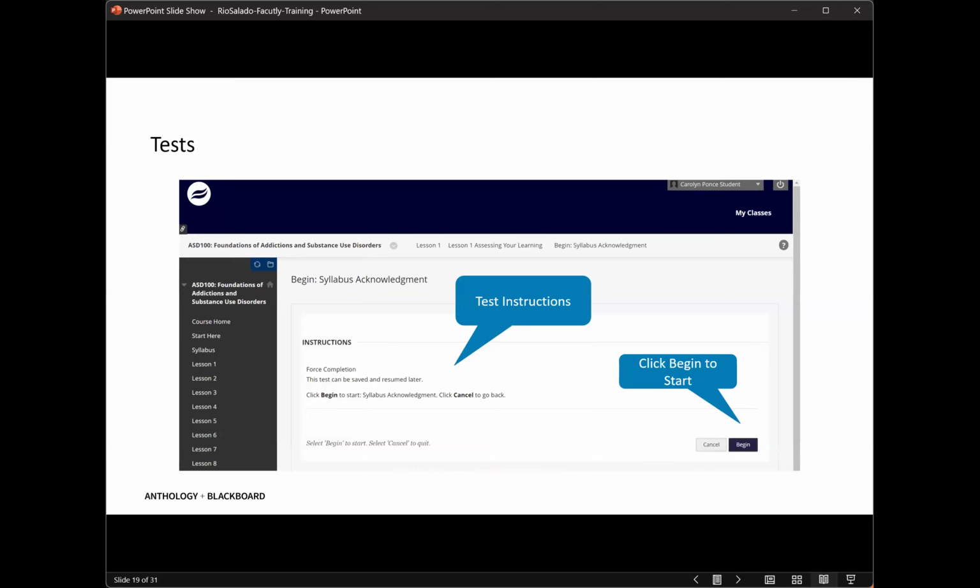On your slides, I did break down and include screenshots of what the different areas are within the test and the assignment. So you'll see those when you get the set of slides, but your test does provide the student with an area for instructions. And the big thing to remember is that they're going to click a begin button to start and a submit button to finish. So I'm going to hop into our live environment so we can experience that test as a student would.